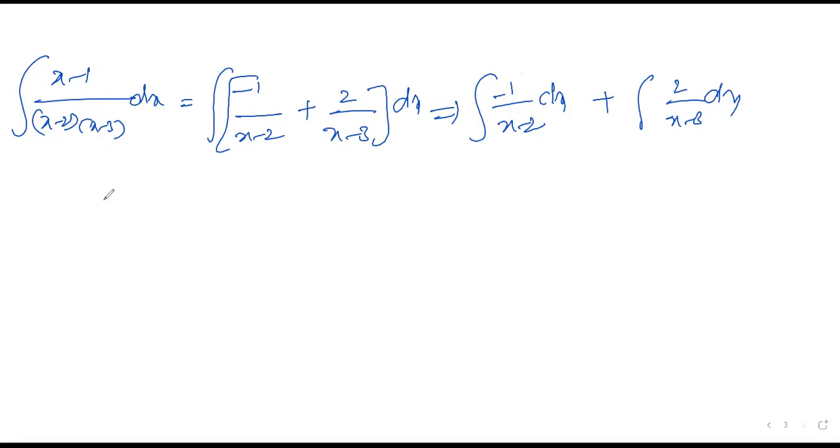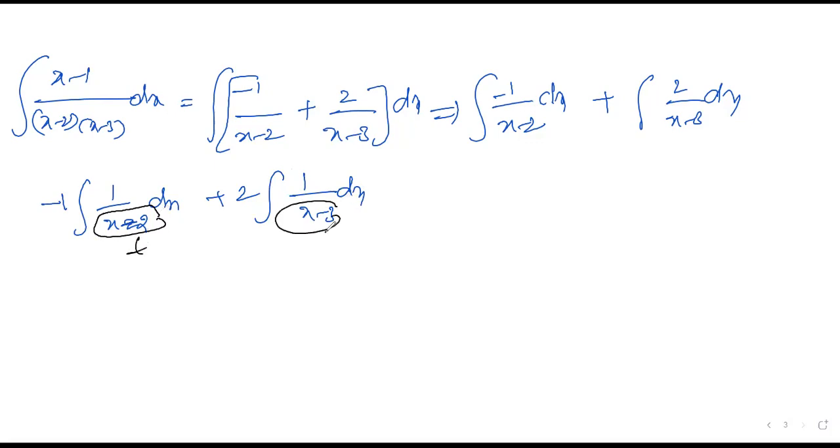Now copy this. I'll take the constant out. So minus 1 I'll take out, so 1 by x minus 2 into dx, then plus 2 times 1 by x minus 3 into dx. Till this, clear, right? Now these questions look like the previous ones, exercise 1 and exercise 2. We have done many questions like this. The rest we can take as a simple t. We can take t for this substitution.